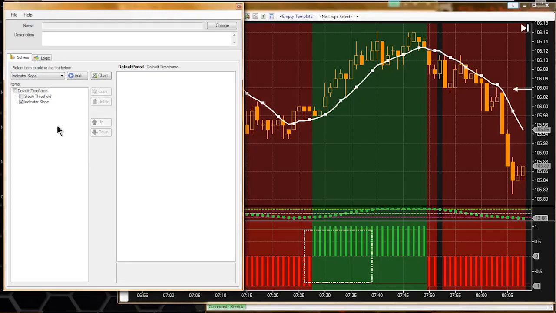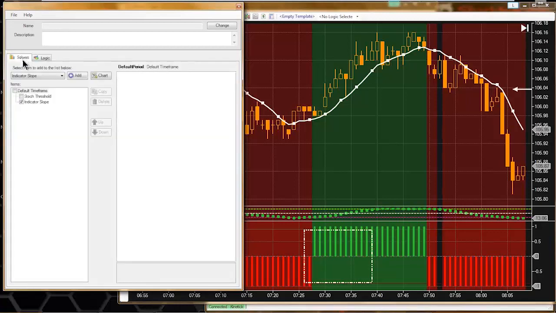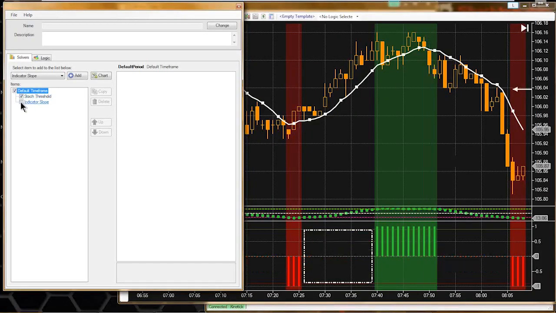Hopefully you all have the ultimate, but the standard version only has the solver tab. So if we're not using the logic tab yet, we're using BloodHound in basically its standard version mode, where you can turn solvers on and off. You can see if I turn both of these off,